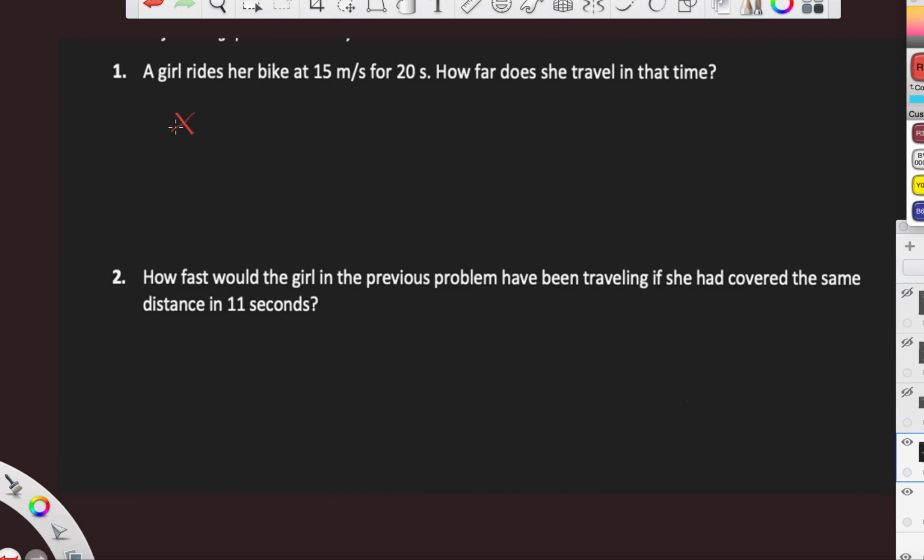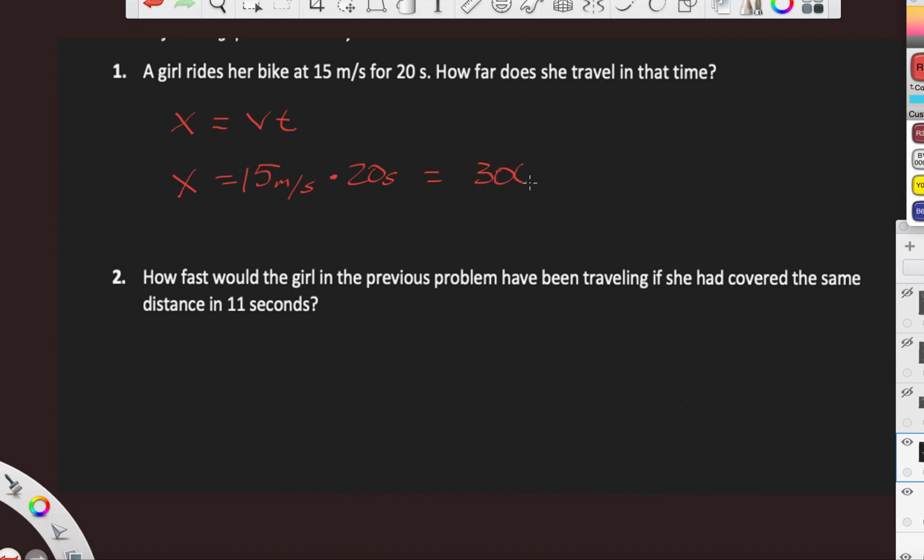The distance is equal to the rate or the velocity times the time. So what you're going to do is go ahead and multiply that 15 meters a second. So that distance is 15 meters a second times 20 seconds. And that's going to equal